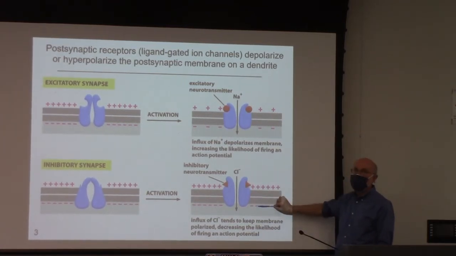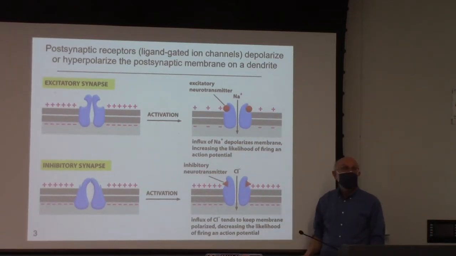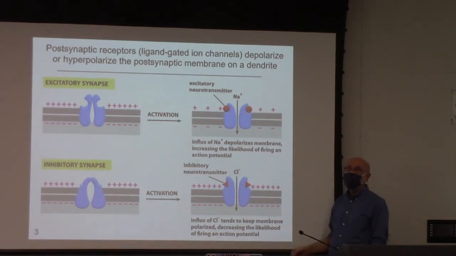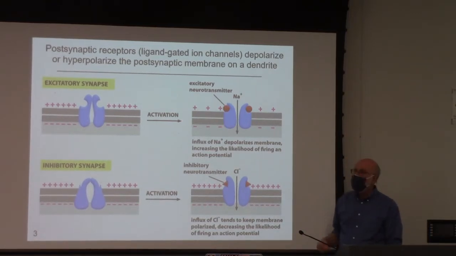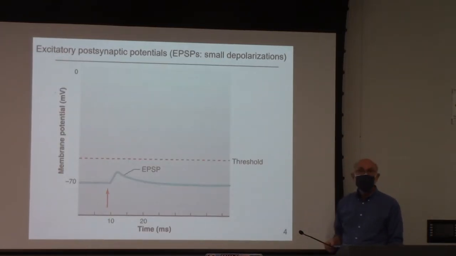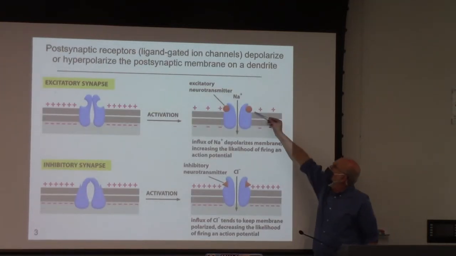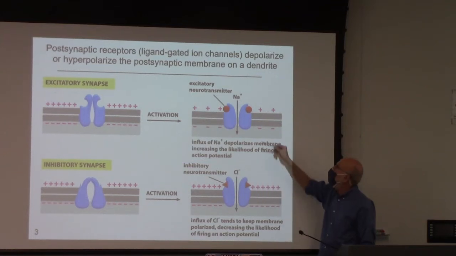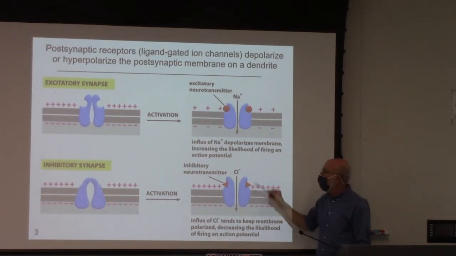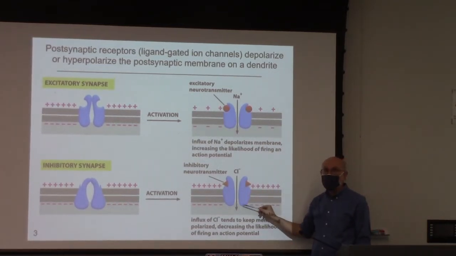So even though it's negative here, chloride flows in down its chemical gradient and makes the membrane potential more negative. So depending on whether the cell is receiving this type of neurotransmitter or this type of neurotransmitter, activating this type of receptor or this type of receptor,